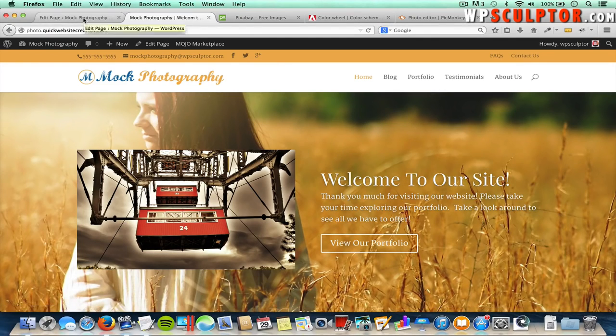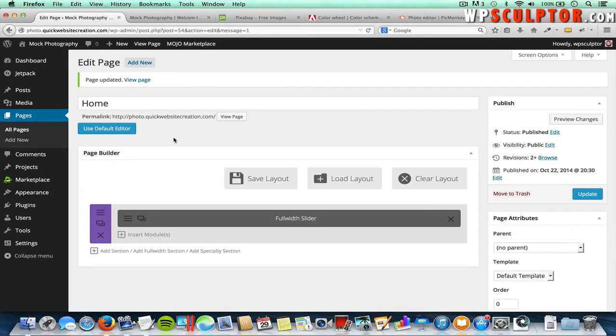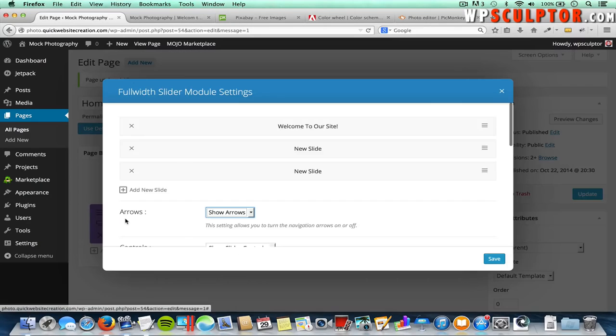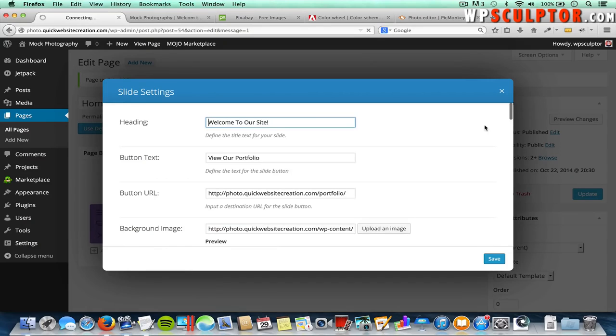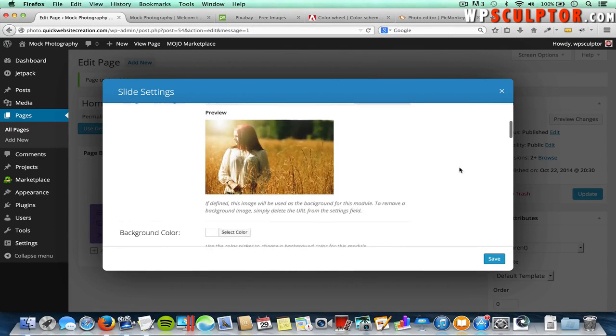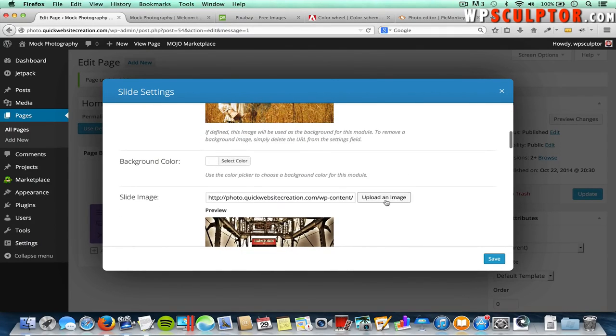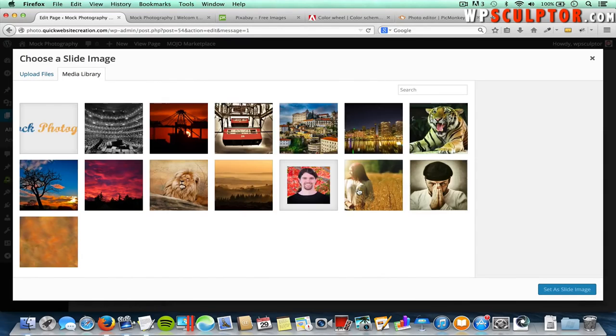Let's go back to the page editor. When we created our logo, we first created a blank PNG canvas image with Pixlr, and we can use that image as our slide image. And we'll click on the Edit button next to the full width module, click on the Edit button next to the slide, and then we'll scroll down, and next to slide image we'll click on Upload an Image,